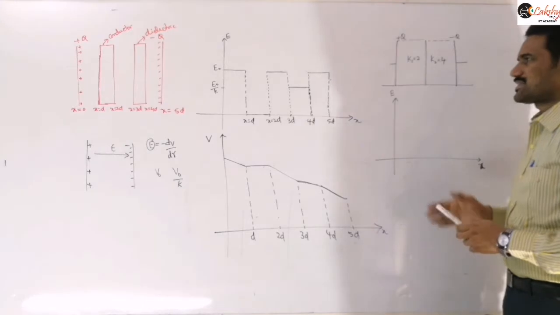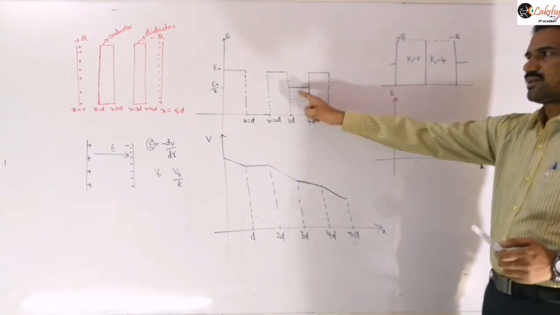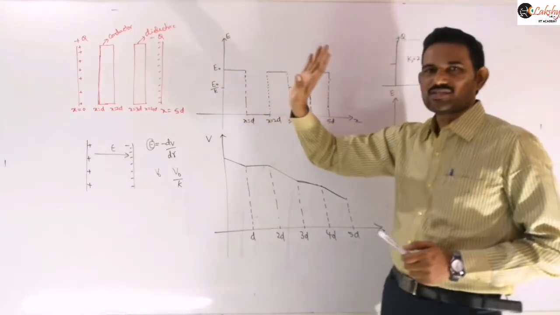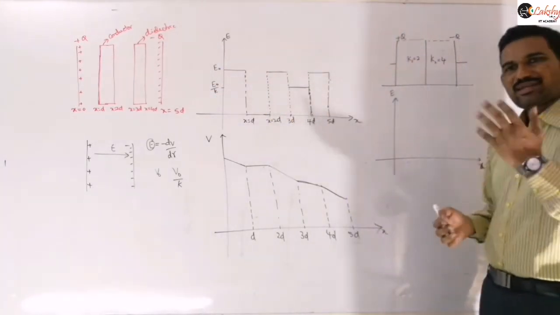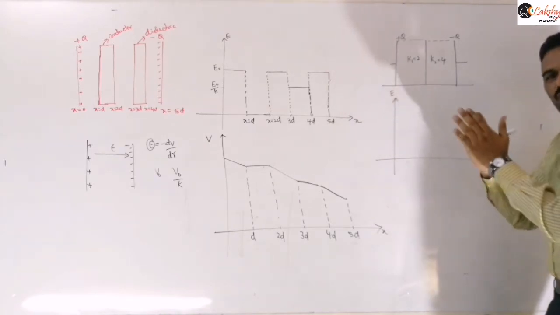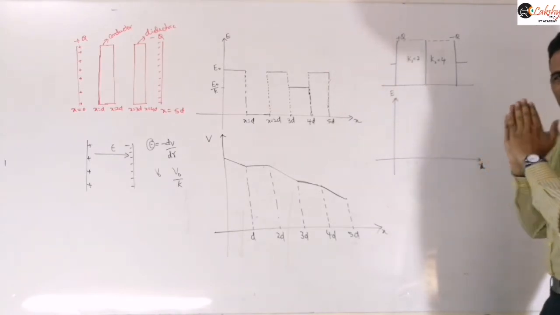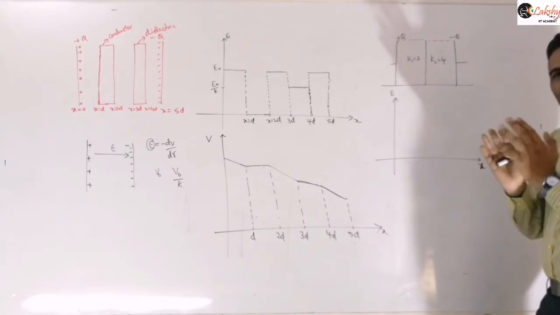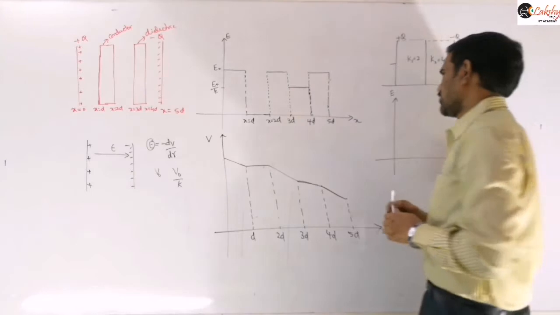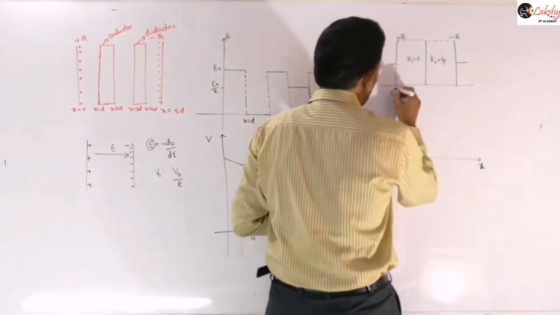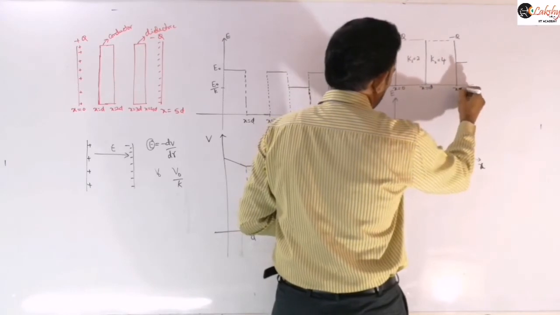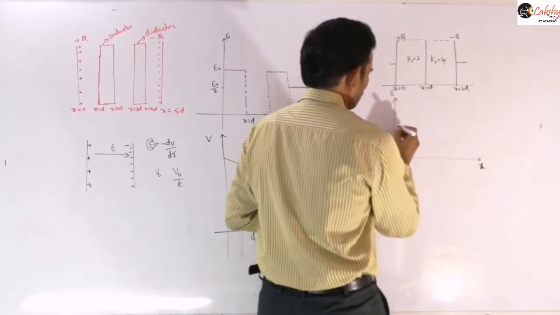Now inside this dielectric, we need to consider that the value will decrease by E naught by K times. If E naught is the electric field in air medium, then in dielectric medium it decreases to E naught by K times, right? So now both sides, that space will be occupied totally by dielectric medium, so the field is less compared to the air medium. Just here, suppose I take this as x is equal to 0, x is equal to d, and let us take this as x is equal to 2d, right?